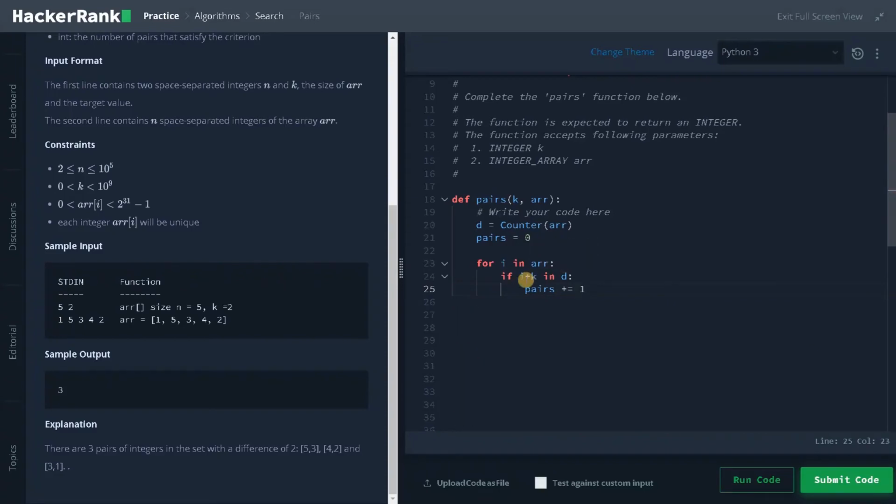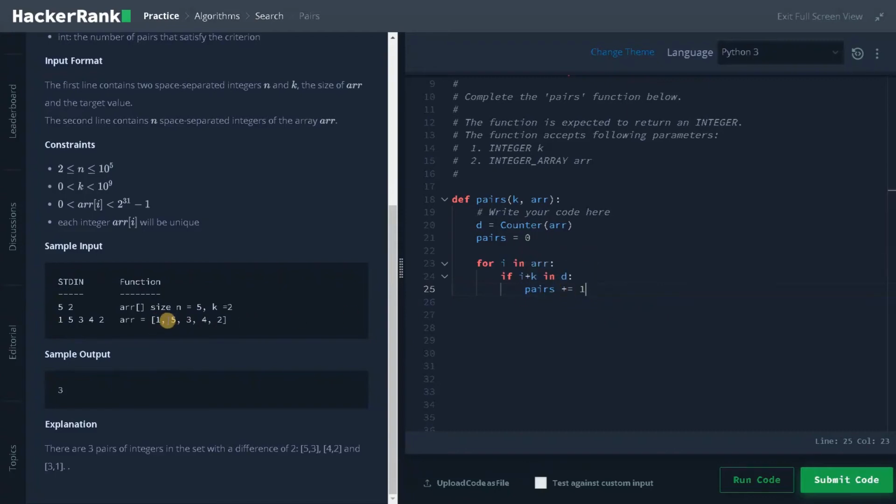What this means is, let's consider currently i is 1. So 1 plus 2 is 3. I am just checking whether 3 is available in the dictionary. If it is available we will increment the pairs by 1.